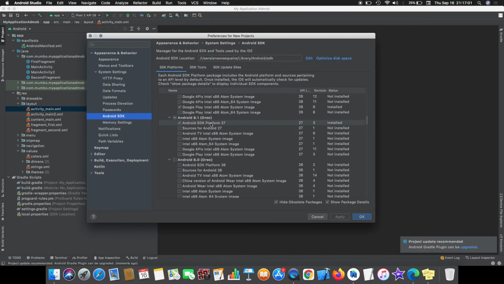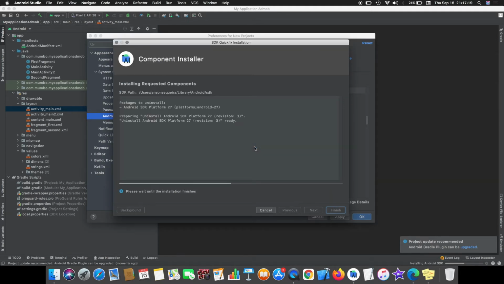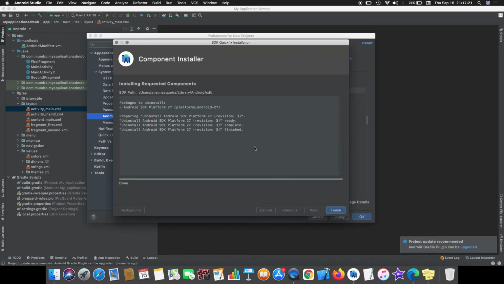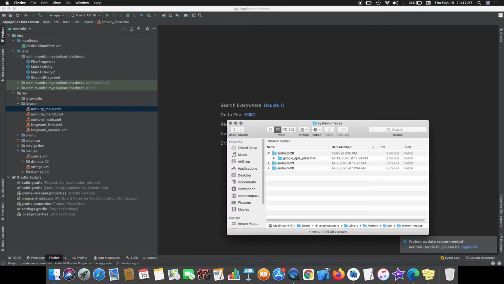So you have so many old platform packages. You just uncheck the check button, and it will show you are going to delete it, and you will save so much space. So click OK and it will start the deletion process. You can see it will take some time and it will delete the package.